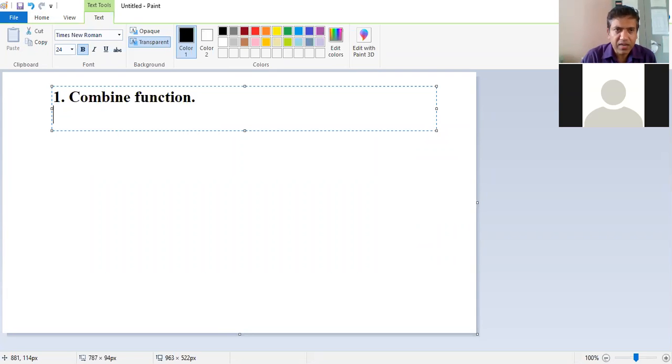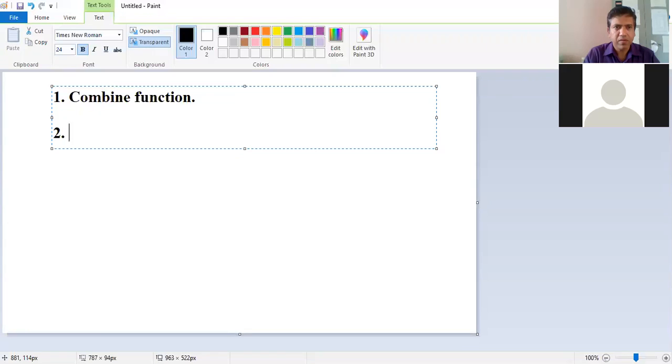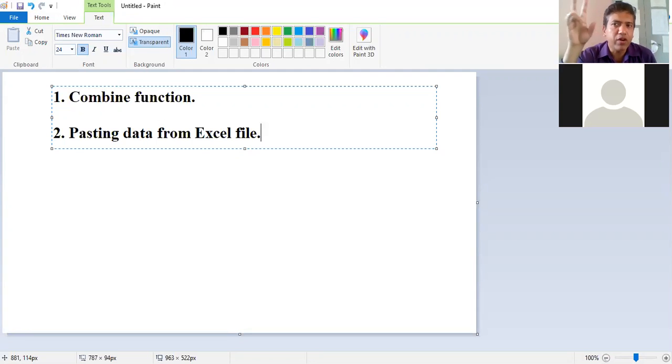The second way is pasting data from the Excel file. You can copy your data from Excel and paste it, but remember you cannot paste by Control V or by right mouse click. There is a separate command for that.